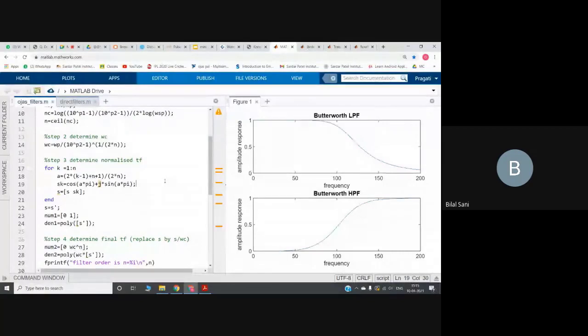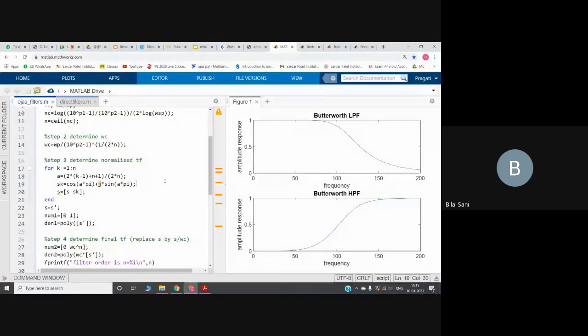So the formula for sk is, removing cos of a, basically this, 2 into k minus 1 plus n plus 1, which simplifies to 2k plus n minus 1. Here n is your order, k is an integer which goes from 1, 2 and so on up to 2n. So if my n is 5, the value of k will range from 1 to 10 with 10 inclusive. So the sk formula becomes cos of a, which is this value, into pi plus j into sin of a into pi. Again, I wrote it for simplicity so that the sk expression looks a little nicer. And after that, we defined s above as a row matrix, right?